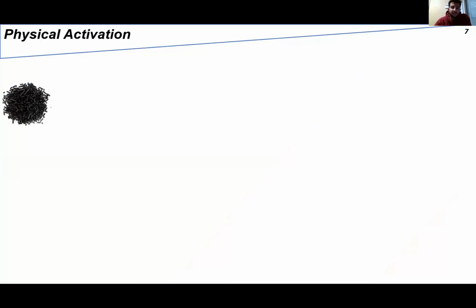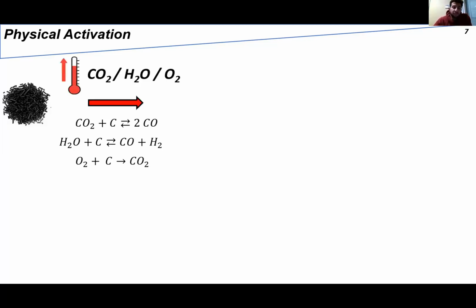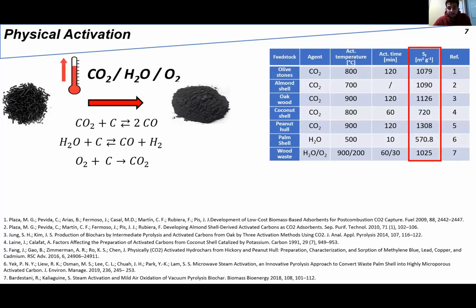One is the physical activation, and the other is the chemical activation. The physical activation consists of the partial gasification of the solid. It's a process which occurs at high temperature, around 500 to 700 degrees C. It depends on the gasification agent, which can be CO2, water, or oxygen. And as shown in the table, the surface areas that can be achieved are pretty high,